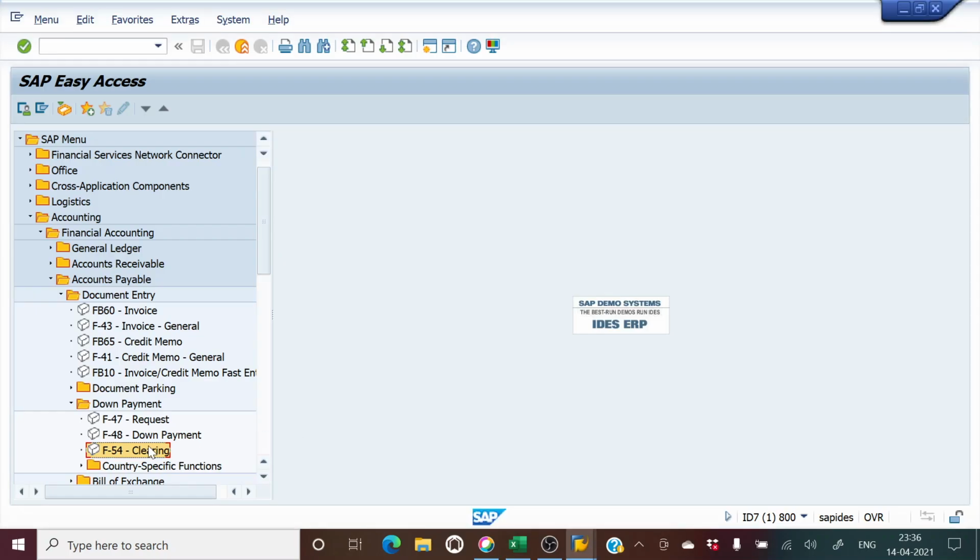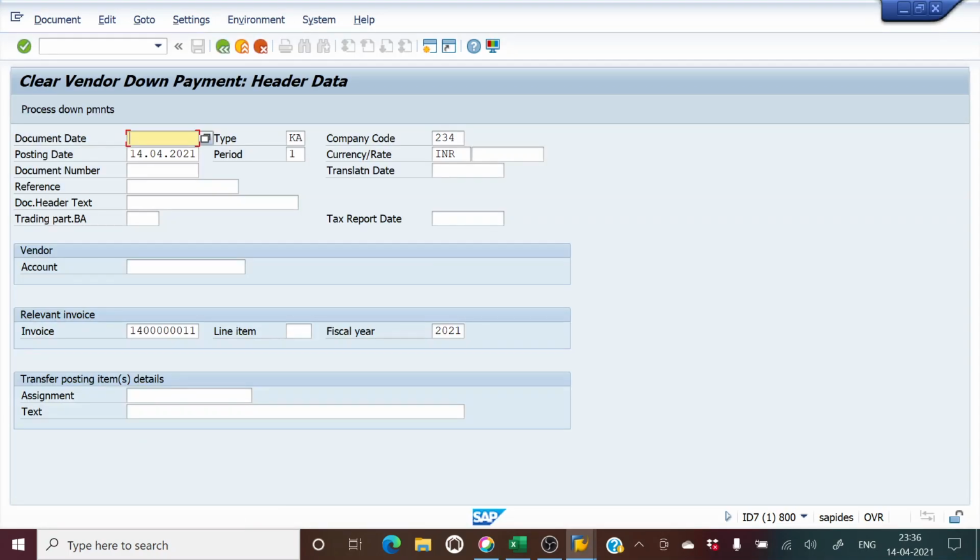All right, so we go to F-54, and we take the posting date as document date as today's date. We don't need to make any reference here.